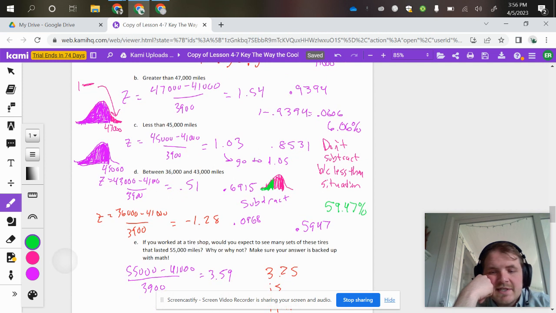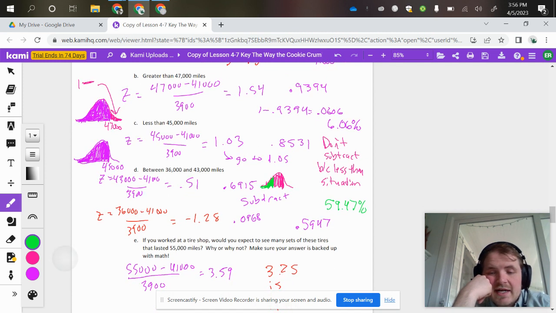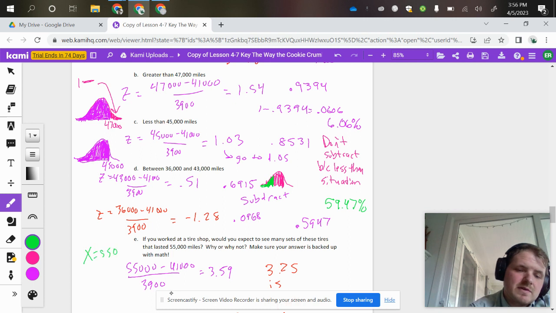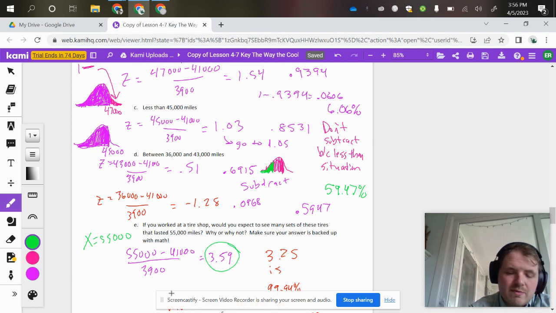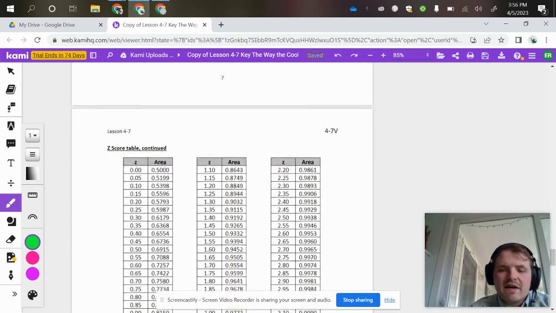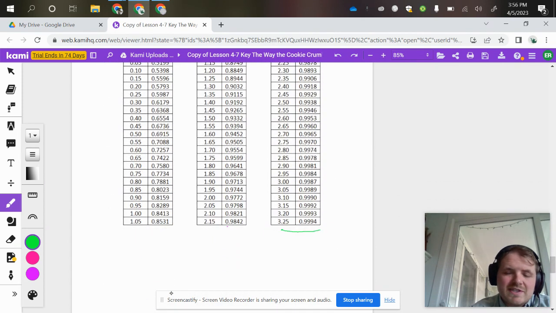Last one here. It asks you to check, would you expect that a tire would last over 55,000 miles? Why or why not? And so when I get my z-score, again, my x is that 55,000, and then I'm using the same mean and standard deviation, I get 3.59. So I come down here to 3.59, and you see the table actually stops at 3.25. Okay, so when you have a situation like that,